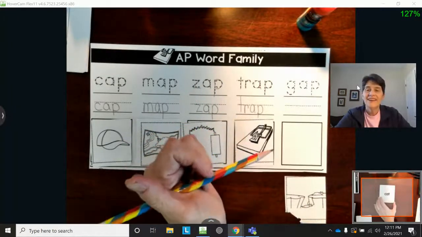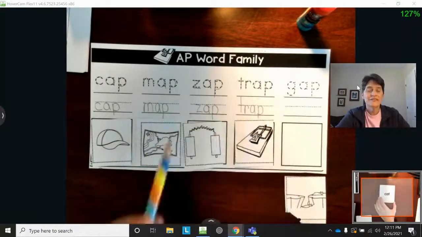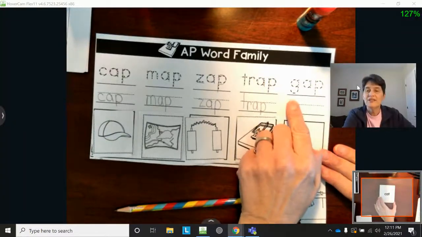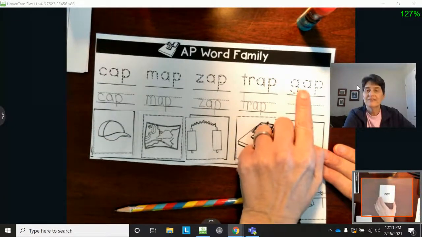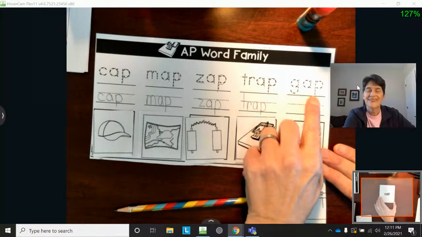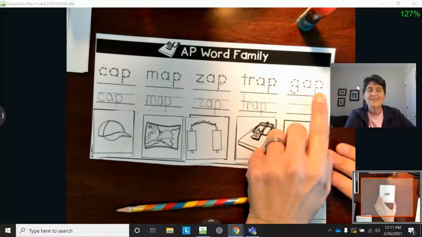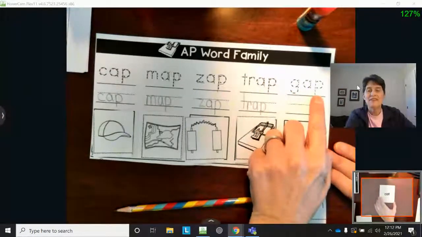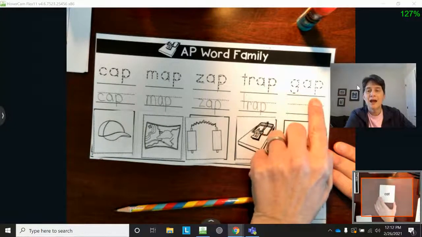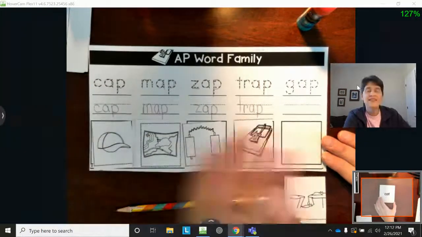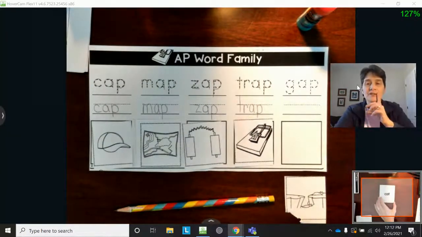Okay, and this is our last word. Let's see if you guys can do this one by yourself. Okay, all right, let's try it. I'll do it with you this time. Gap. Gap. Okay, on the last worksheet that we did together, we talked about how if there's a space between